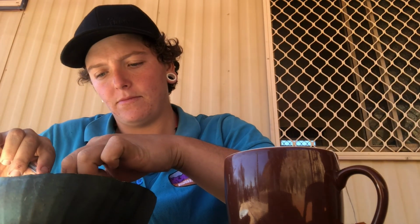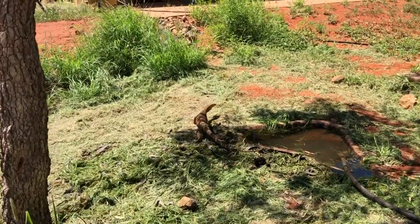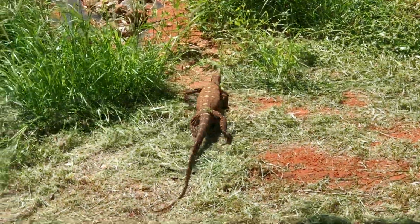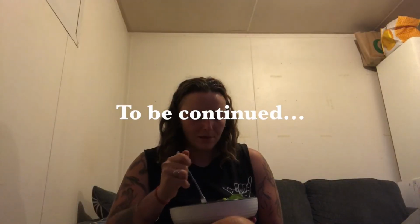Never thought I'd be eating watermelon that I grew in the middle of winter in the Central Australian desert. That's what I call a good time. Look at the colours. Oh, amazing. But until then,